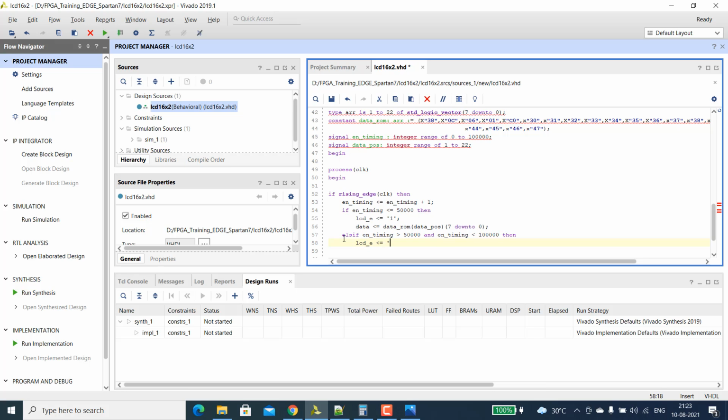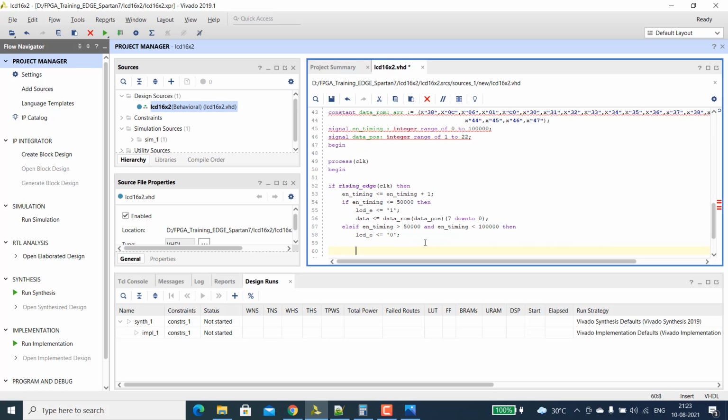So we are making the enable 1 and writing some data, then we are making it 0. That on-off timing of enable we have created here.